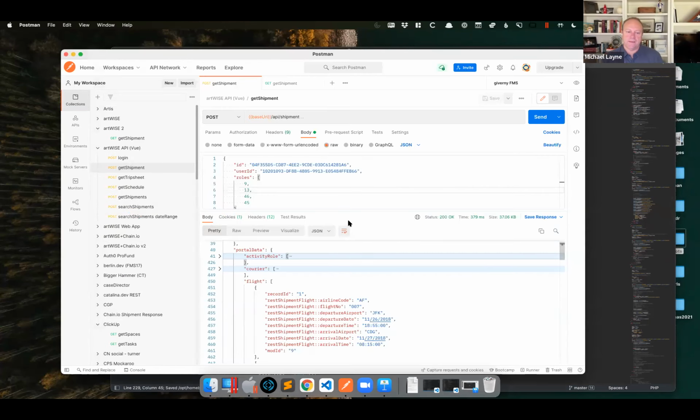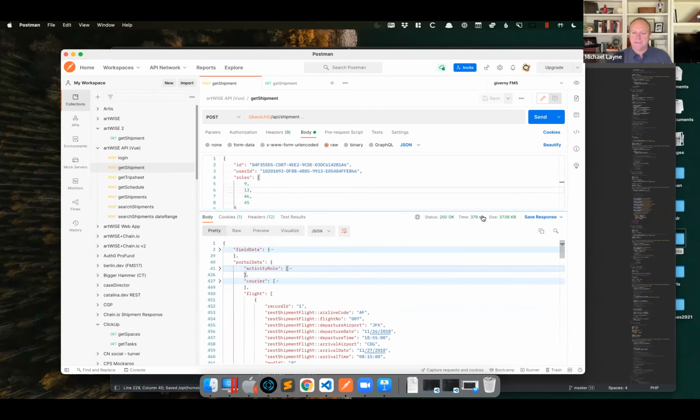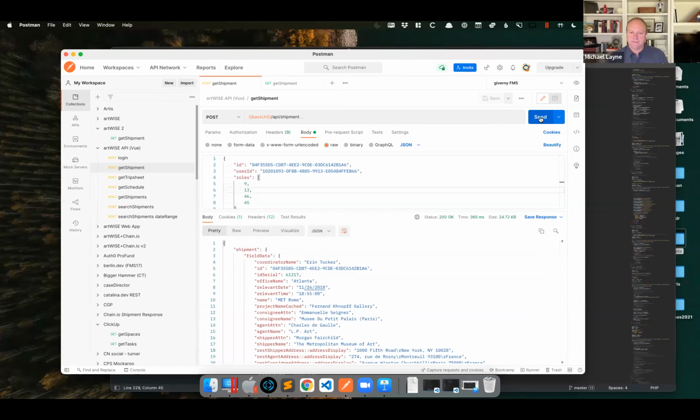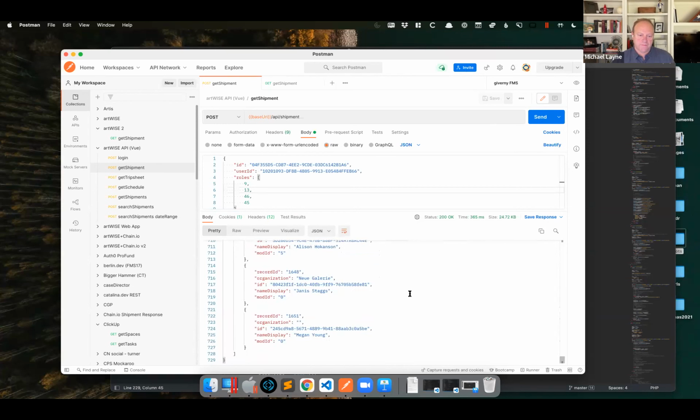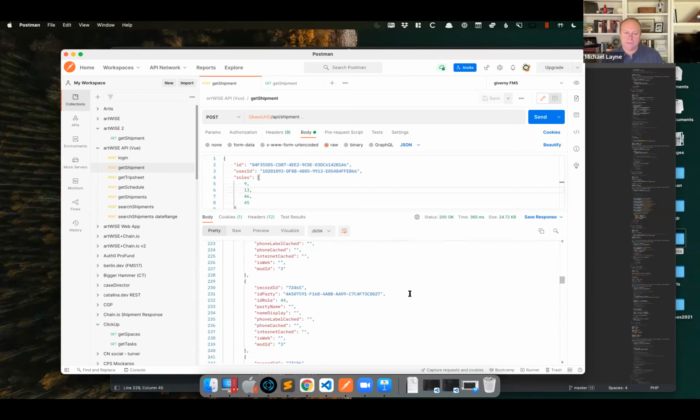We're going to go back to Postman. And notice we had 800 and something lines, 37K. I'm going to resend this to the data API. 365 milliseconds. We shaved it by about 10K, and we shaved it by about 100 lines of code. Most importantly,